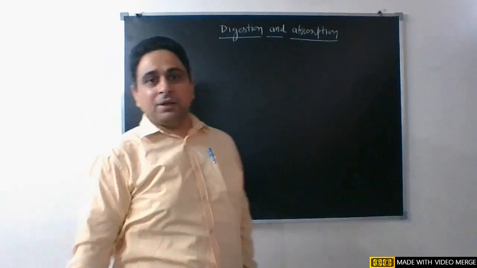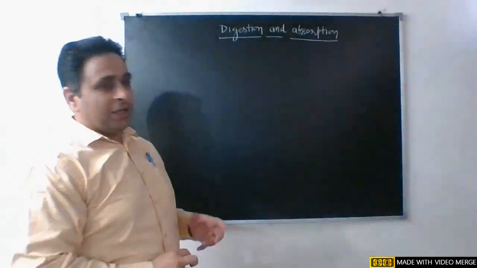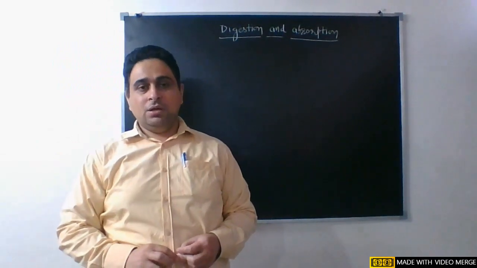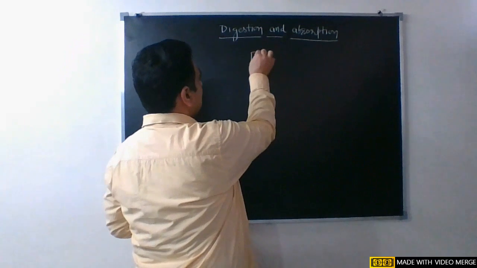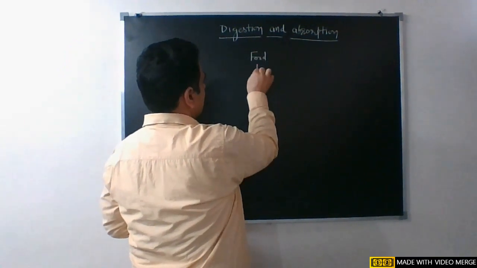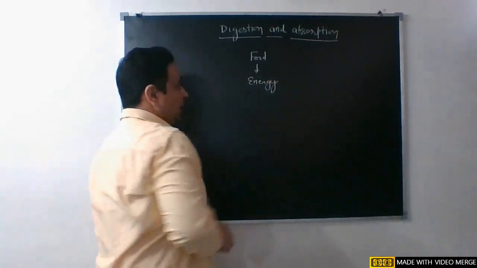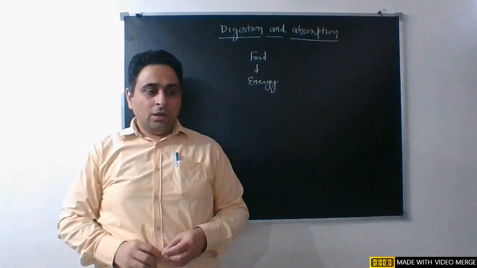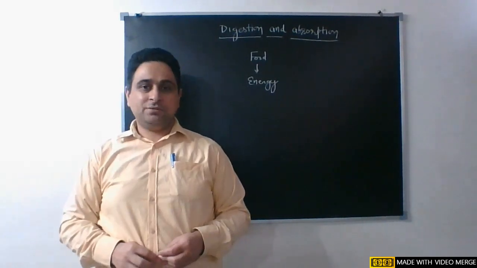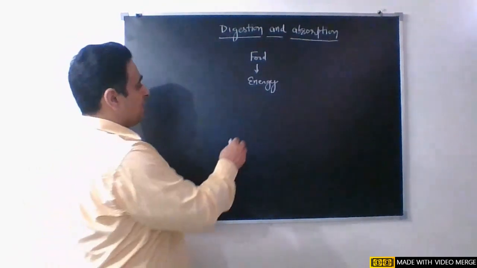Now, before starting the chapter, students, first of all, why do we take food? It's a very simple question. The answer is that we take food to get energy. Now, students, food has various components. The most important components that the food has are